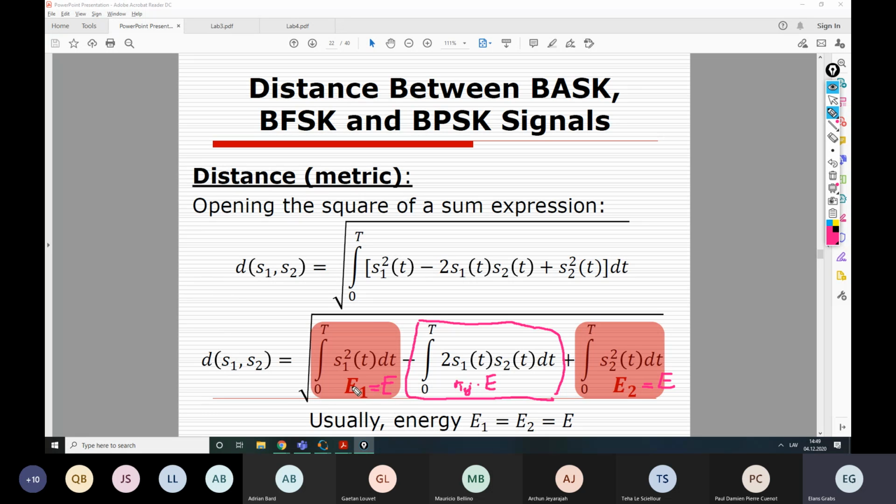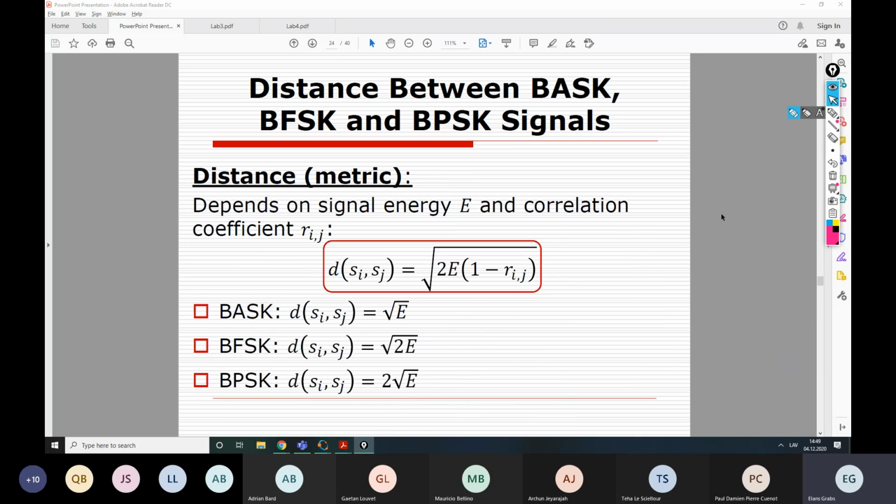Here we will have 2. Also we have 2 here, in fact, so we can take out 2E. Then we would get here 1 minus the correlation coefficient. And we still keep that square root. So that's how we obtain this final formula for this distance,